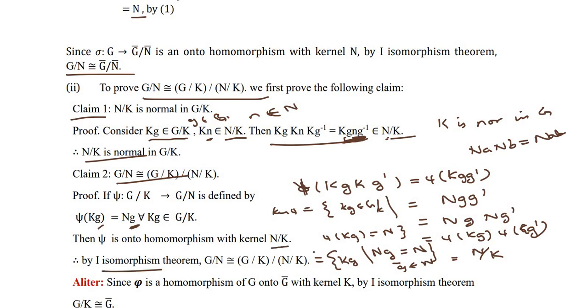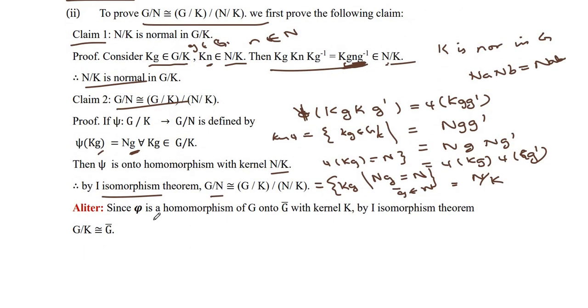Therefore, by the first isomorphism theorem, G mod K mod N mod K is isomorphic to G mod N. So this is one way of proving it. If we make use of the first part of it, then we can also give the proof in the following way. Since phi is a homomorphism of G onto G bar with kernel K, by the first isomorphism theorem, we have